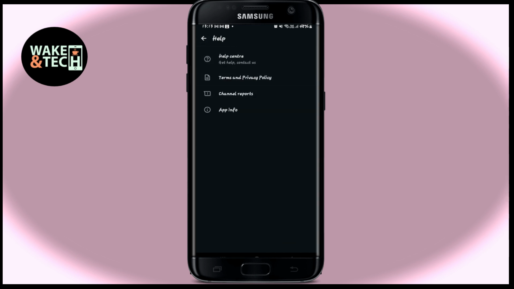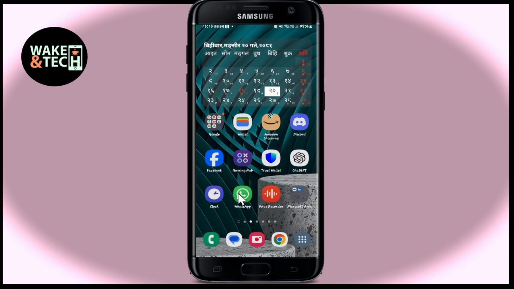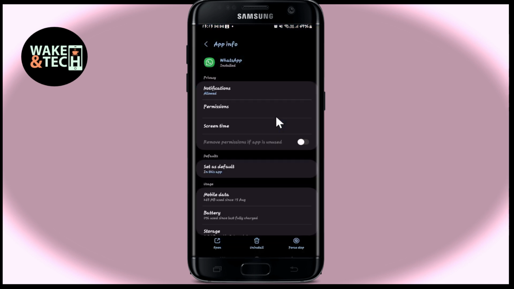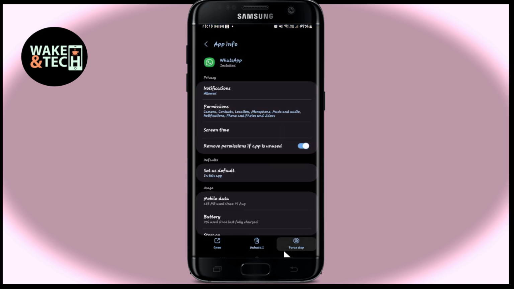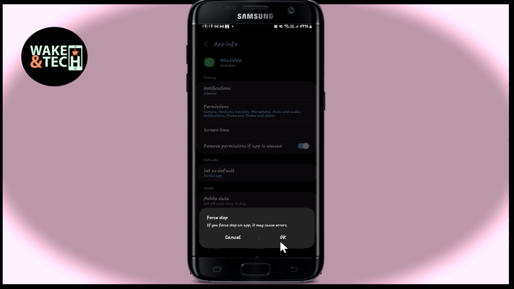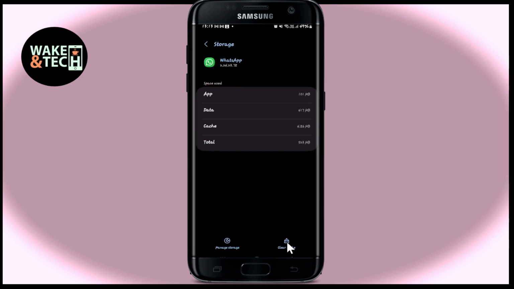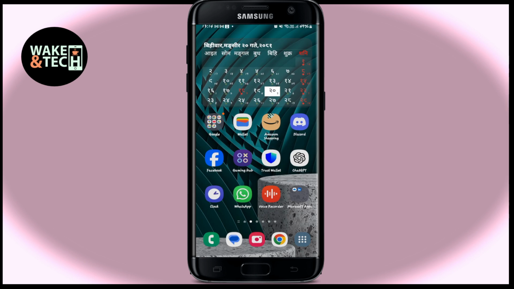After sending this support email, try clearing your application cache. Long press on the WhatsApp application and tap on the info button. Now from the application info page, tap on Force Stop at the bottom right corner first in order to stop the application. Then scroll down and tap on Storage and then tap on Clear Cache. After clearing your cache, the application should run somewhat better,